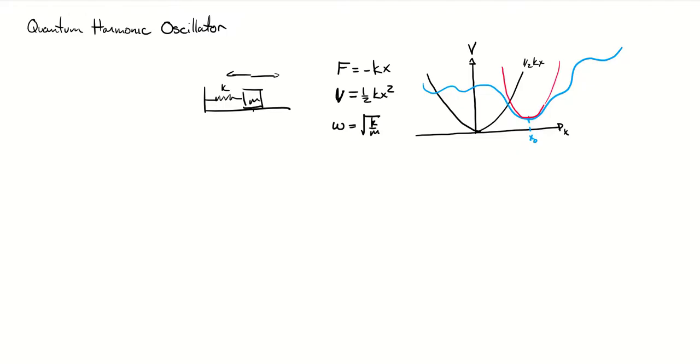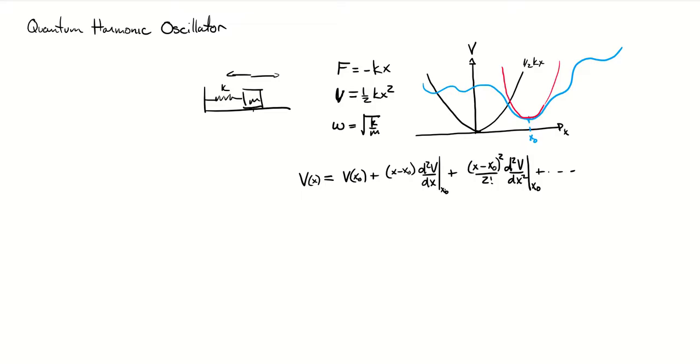Mathematically, we could Taylor expand that potential energy as a function of x, right? It's going to be the potential energy at that point, x naught, plus the distance from that point times the first derivative of that potential energy with respect to x, plus the distance from that equilibrium point squared over 2 factorial times the second derivative with respect to x evaluated at that point. Forgot that one there. And so on. We can do that about any point.